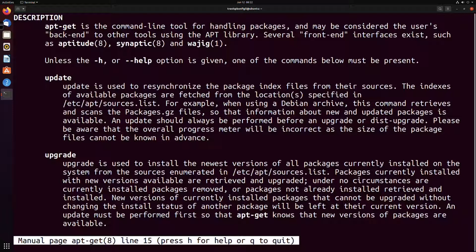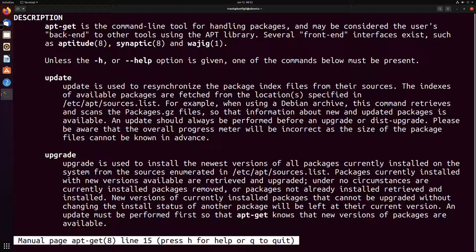And so when you say apt-get update, and I'm going to talk about the sudo component in just a second, what you're really doing is you're just synchronizing the list of packages that you have, and that list of packages is going to be updated from sources that you can find in /etc/apt/